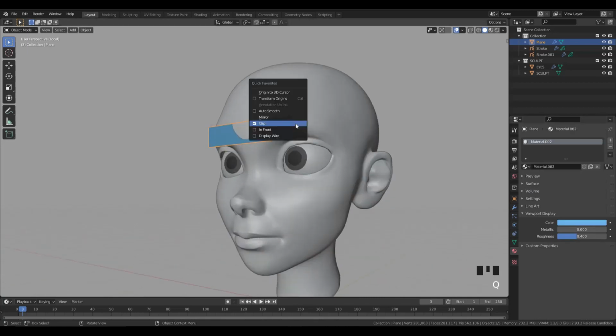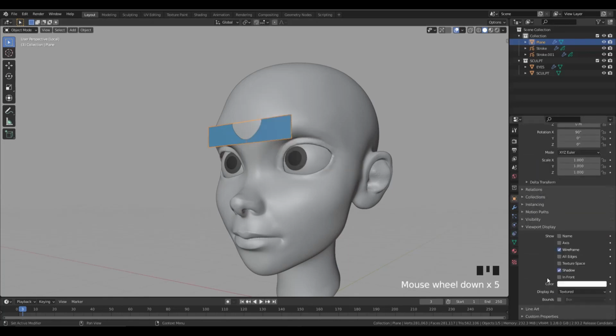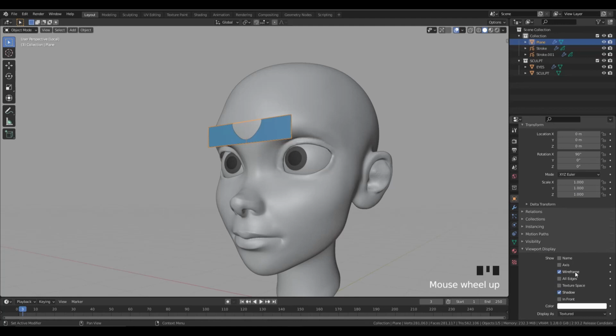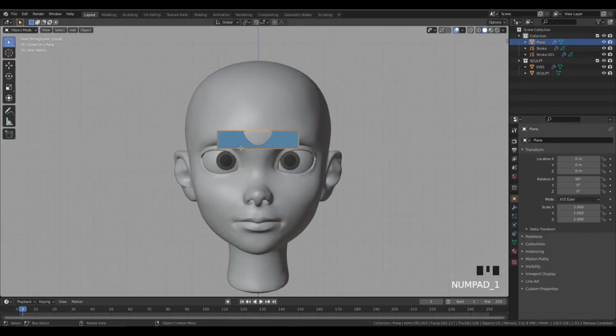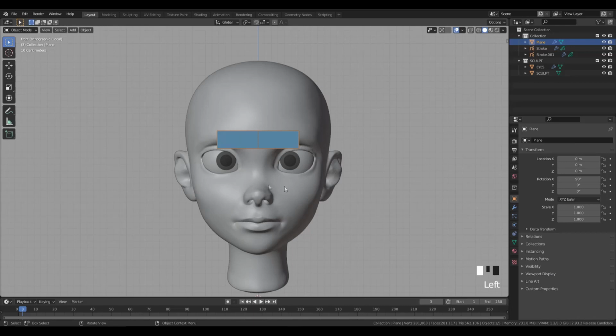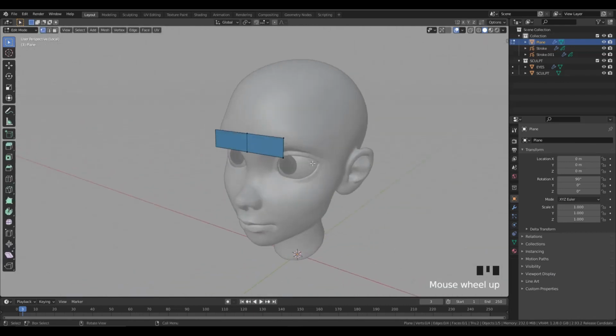And I want to display the wire, so I'm going to press Q and display wire. If you don't have this in your quick favorite, again, it's in the viewport display while selecting the object, and you right click on this option and you add it to the quick favorite. And also in front. So I'm going to add in front again. It's there, and I've added it in the quick favorites. And so now I will be ready to